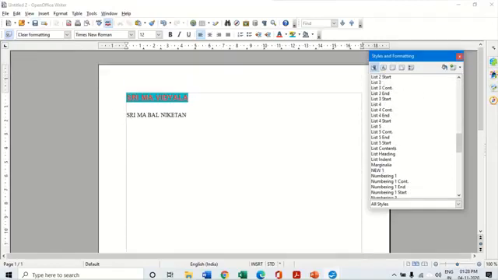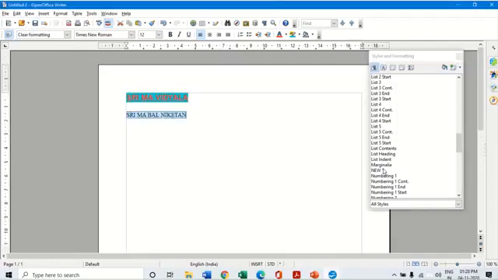So I can select this text now and double click on this, and the same formatting gets applied to the text. So in this way, I can create my own formats according to my wish and add them to the list of formatting. So here once again, let me create one more format. Let's take hello. I'm going to select this.